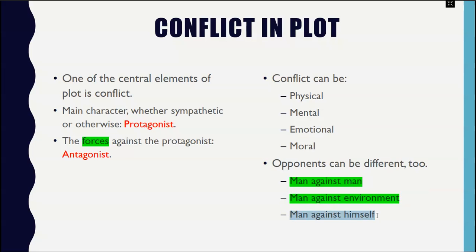Another one, which is probably the most sophisticated one of them, and one which a lot of literary writers prefer, is when man is put against himself, when he has some internal conflicts which he needs to resolve in order to do something. This kind of internal conflict is usually found in serious literary fiction. But a lot of escapist fiction prefers the other kind, because a lot of immature writers only prefer to have, for example, gunfights and sword fights, etc. So just be careful that this is not 100% true about all kinds of